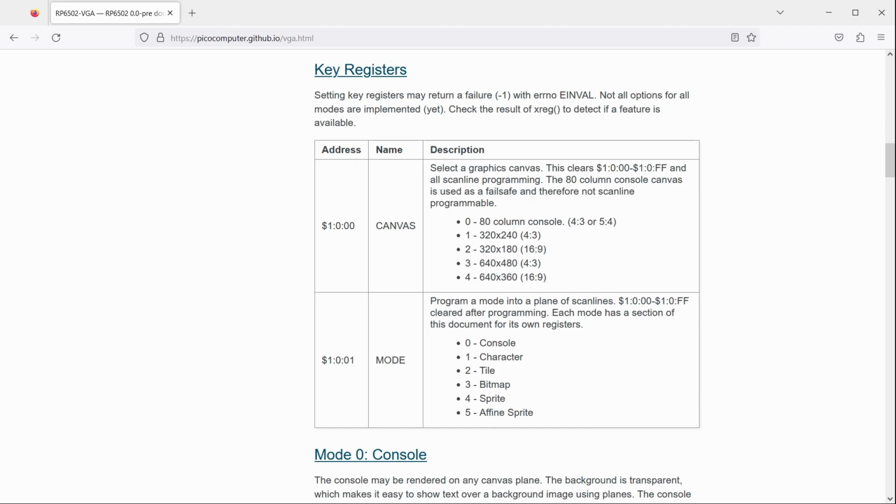Canvas 0 is a special canvas containing only the console terminal. That's the default, so you'll probably never set it manually. Since most people watch YouTube on 16:9 displays, I'll use canvas number 2, 320 by 180. This selection combines with the display setting to determine the output of the VGA port. For example, if you selected the 16:9 display option, then you'll get a 720p HD signal with pixel quadrupling. For other displays, you'll get letterboxing.